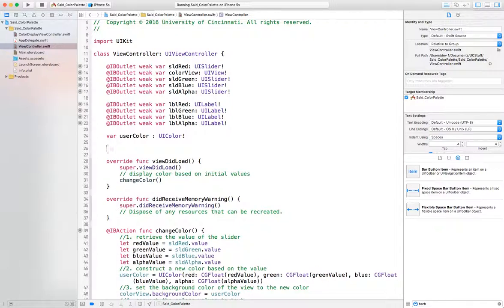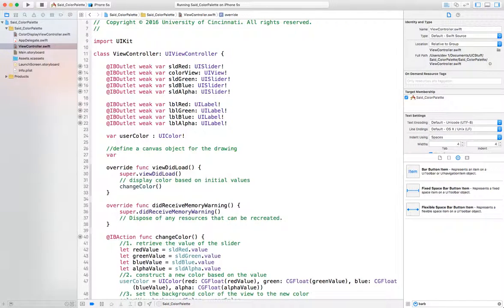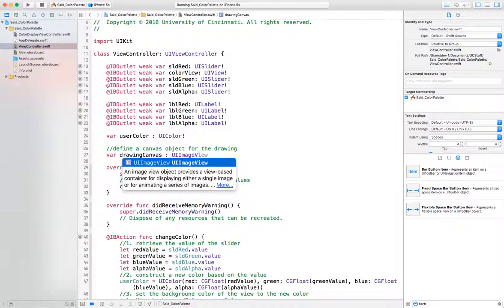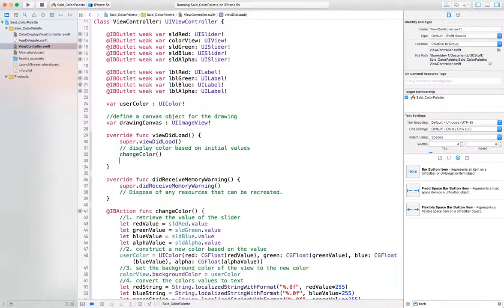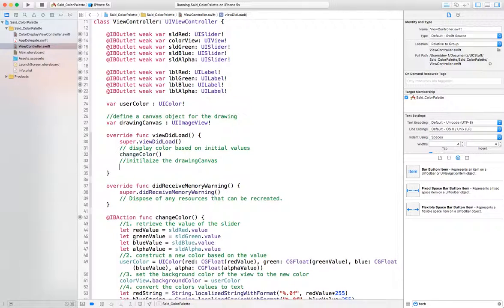So come here and define a canvas object for the drawing. So I say var drawing canvas. I'm just giving it a different name, UIImageView. Then when the view loads, I want to initialize the drawing canvas. So I say drawing canvas equal